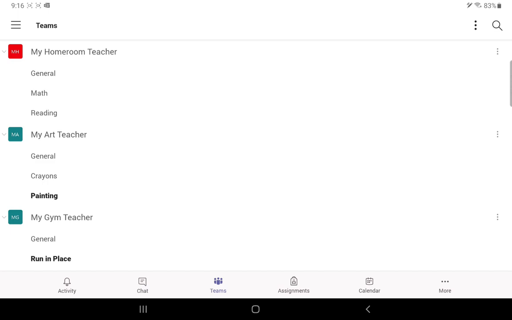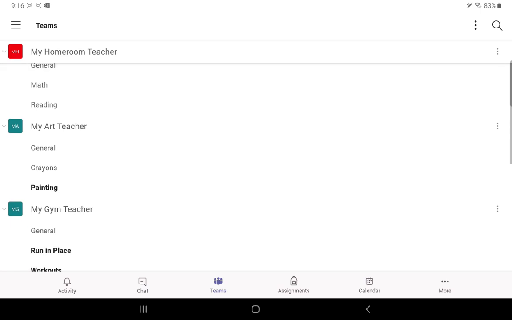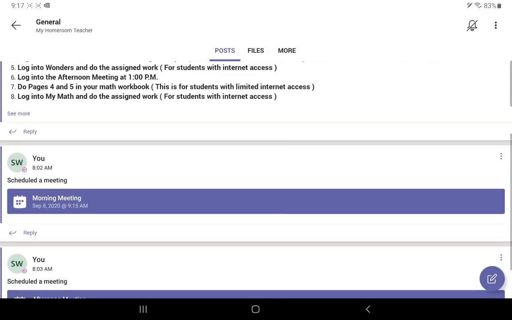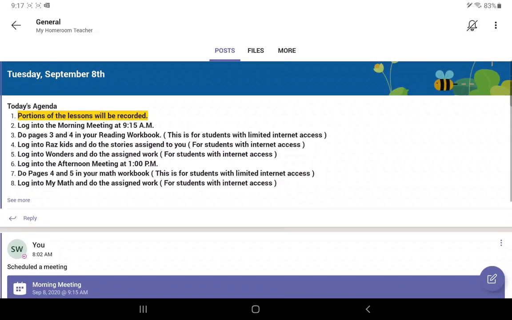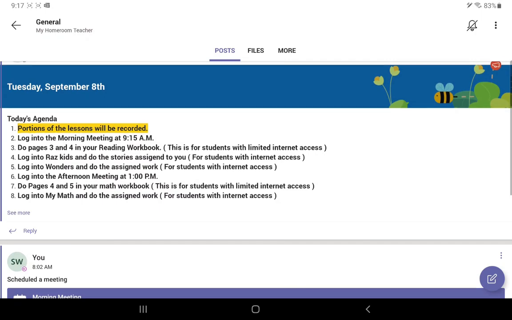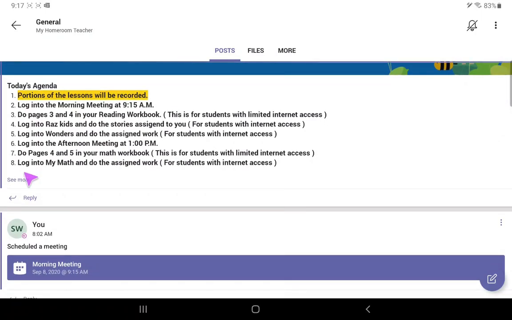All right, let's take a look at the general channel in a primary setting. When I go to the general channel, you'll see an agenda. If you look at this agenda, there are 8 items, but there's a little See More button. That means the teacher has more there. So you would want to click the See More. I want you to watch what happens. There's some information down here,